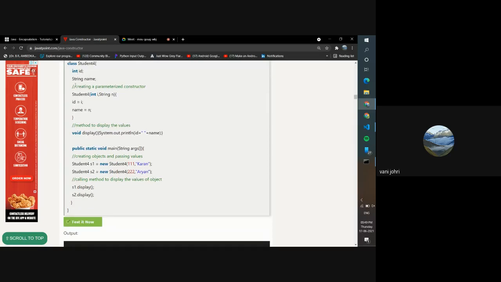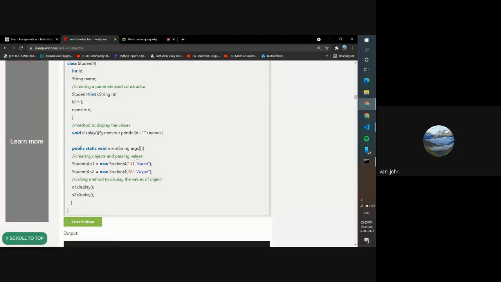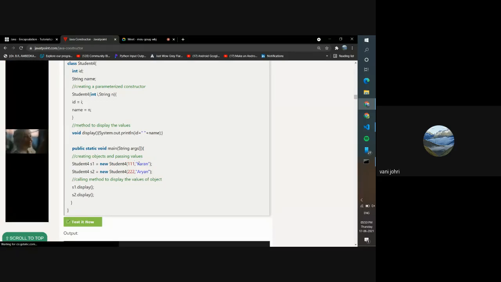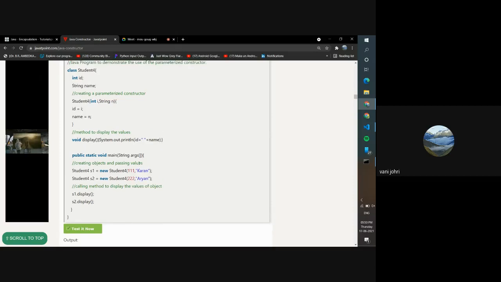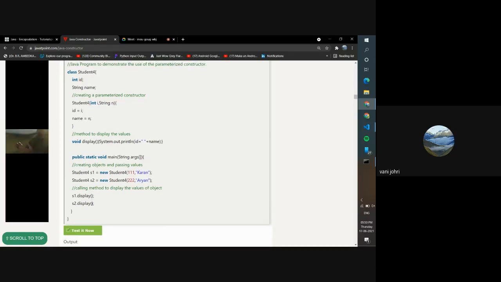So we had this class Student 4 and we made this constructor Student 4 and gave it int i and string n, and inside we wrote id equals i and name equals n. So we gave values to these. Now when we create the object, we need to send these values. We cannot skip this now, because the first thing it will do is go to the constructor. So when we write Student 4 and these brackets, we use brackets with methods, right? Every time we call our methods like display, we use these brackets, right?